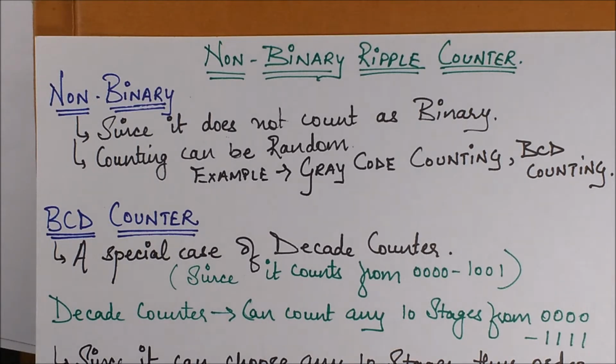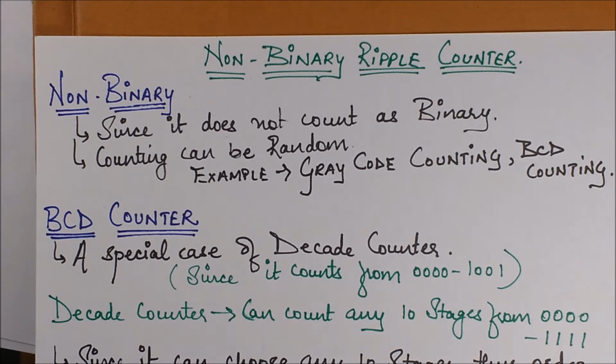Hello friends, in this session I'm going to take up the non-binary ripple counters. So let's start with the other completion of basically our counters topics. So the non-binary, now why is the term non-binary associated with it? Since when we said that we are trying to formulate, or construct, a 3-bit ripple counter,